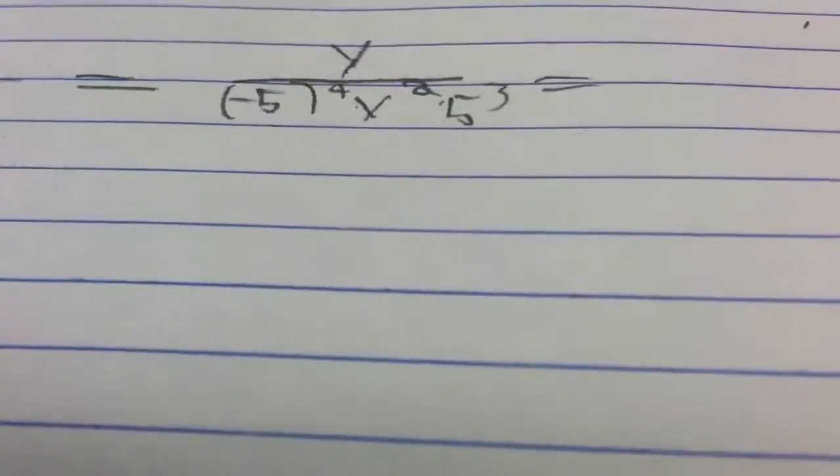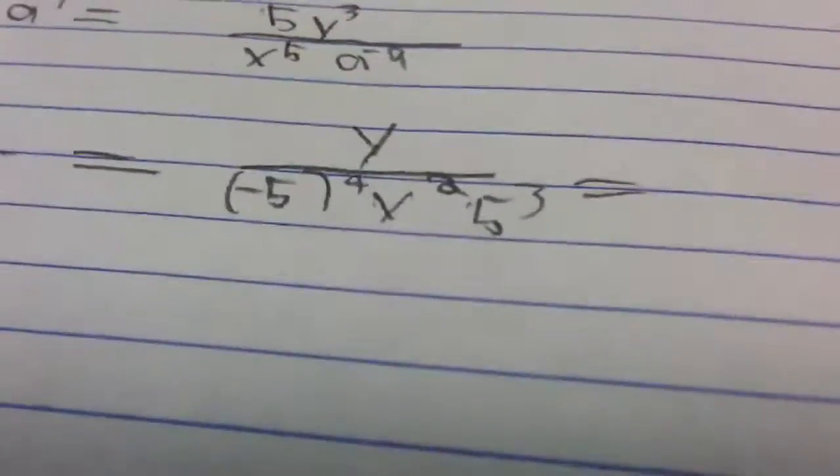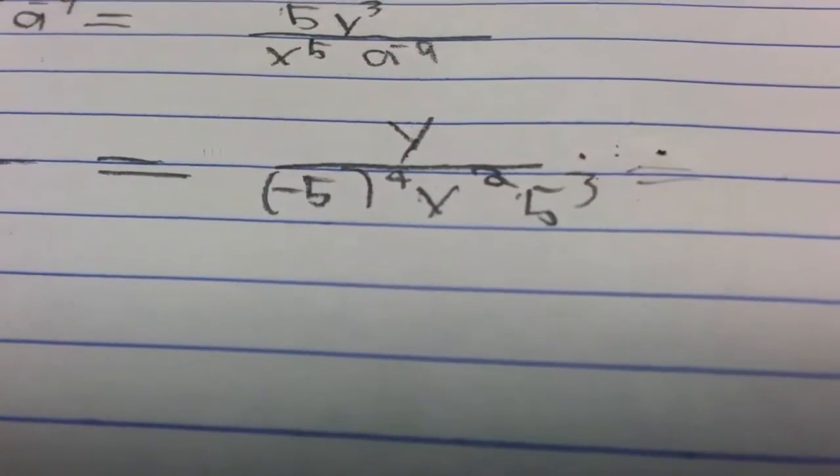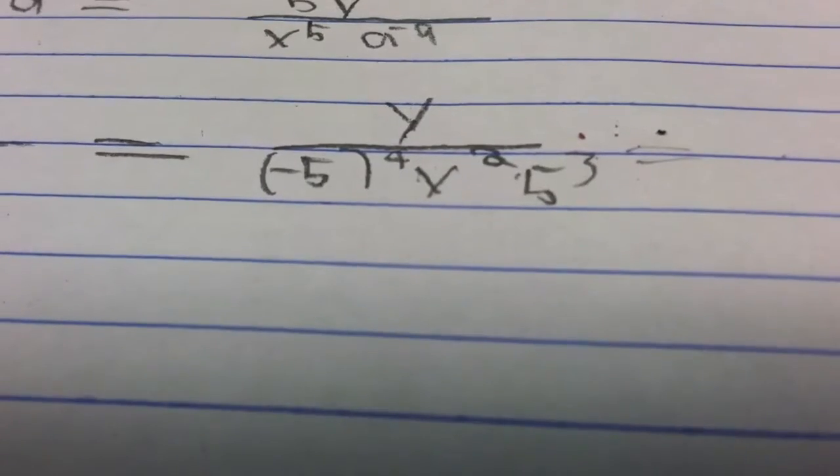Now let's combine like terms. 4 plus 3 equals 7. Yeah, let's just leave it right there to simplify. Because then we're going to have